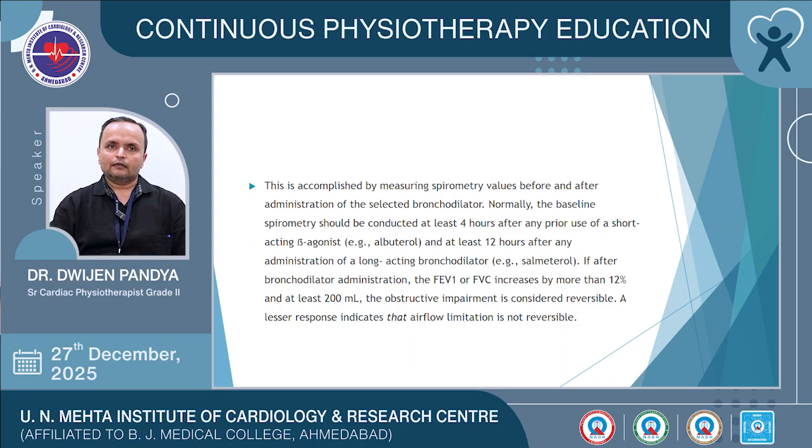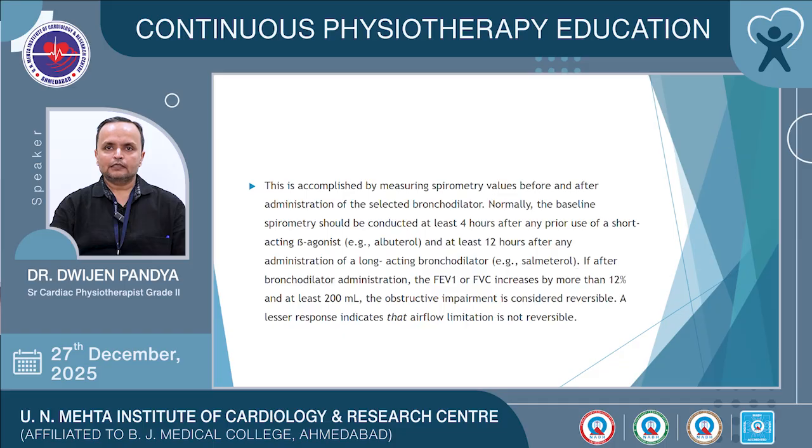If a patient has an obstructive defect, we have to look for reversibility, that is whether the subject shows any changes with bronchodilator therapy administration. This is accomplished by measuring spirometry values before and after administration of the selected bronchodilator. Normally, the baseline spirometry should be conducted at least 4 hours after any prior use of a short-acting beta agonist and at least 12 hours after any administration of a long-acting bronchodilator,